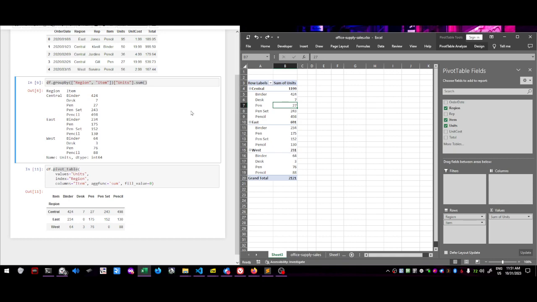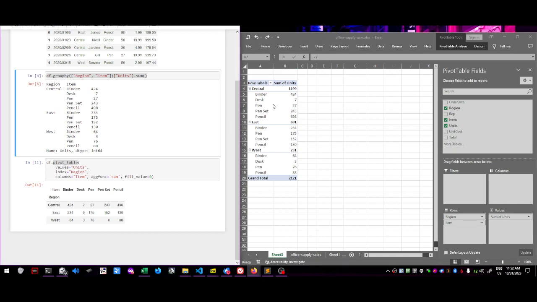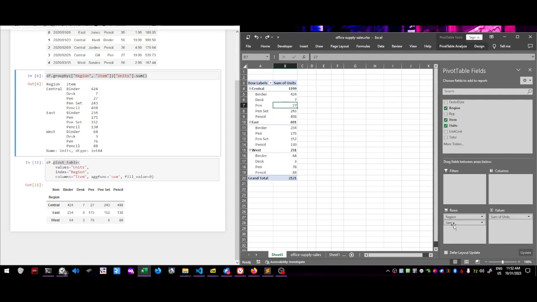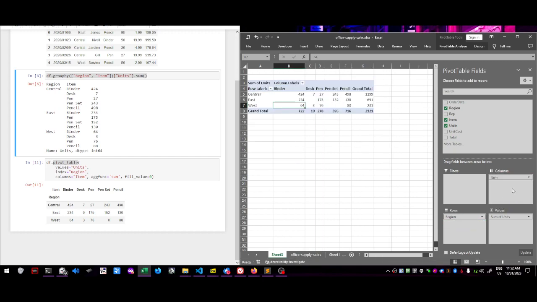If you take your Excel pivot table and move item from the rows section into the columns section, the layout changes to this. The numbers are the same, it's just a different layout. And to get this layout in